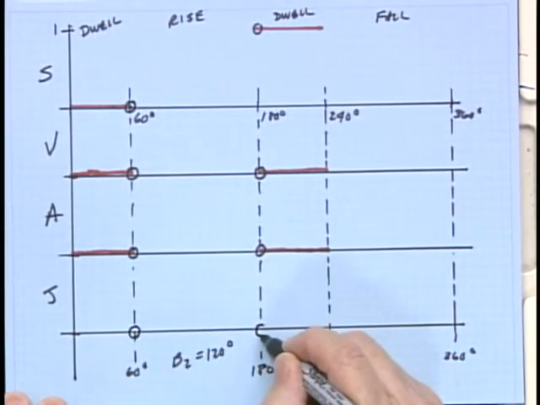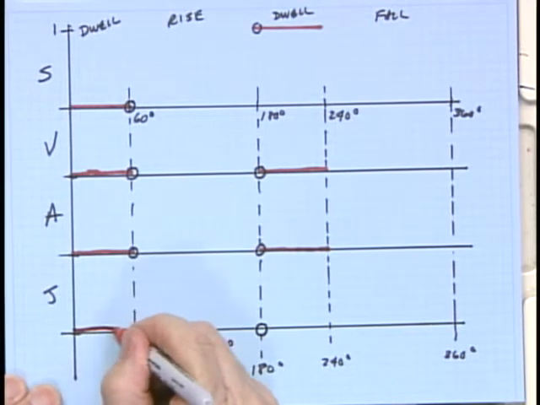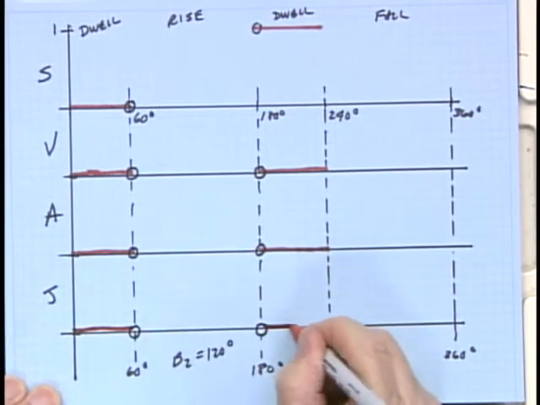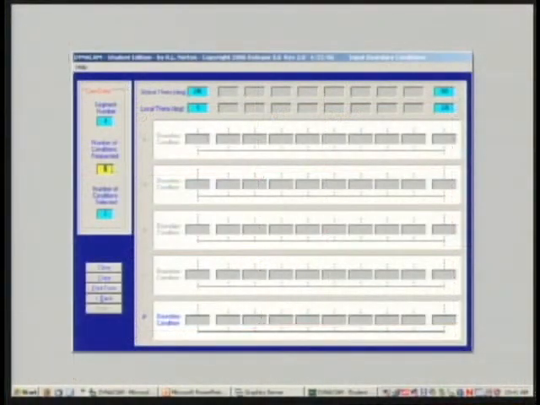So let's suppose that I ask it to be 0 at the beginning and end in the jerk function in order to match the 0 value of jerk that is present in the dwells. So what I'm going to do now is force continuity through the third derivative, and we'll see in a moment what advantages and disadvantages that creates. If we come back to the program now, I'm going to put in now a total of 8 boundary conditions, since I've added 2 more, and I'll type them in